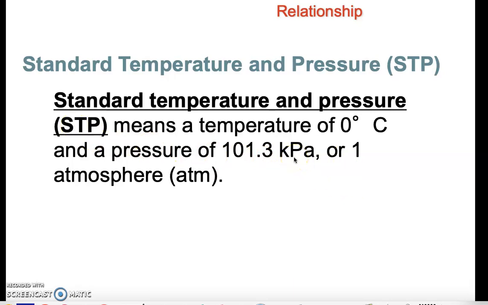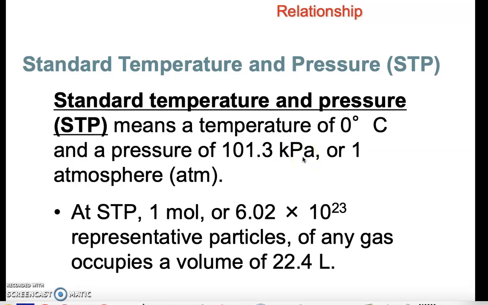Now, there are a few different pressure units we can look at. Another important one is atmospheres, or ATMs. In the United States, we have PSI, pounds per square inch, but we don't use that one. The other one is mmHg, millimeters of mercury. We don't really use that one too much in science either. So it's mostly kPa or atmospheres. If you check your car tires or your bicycle tires, you will see kPa, because in Europe they use